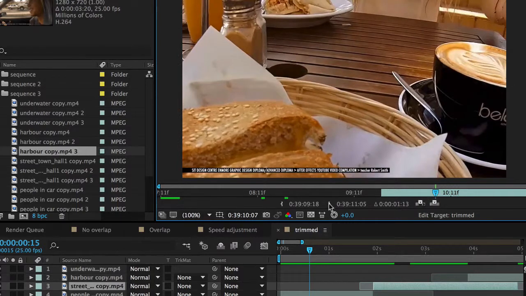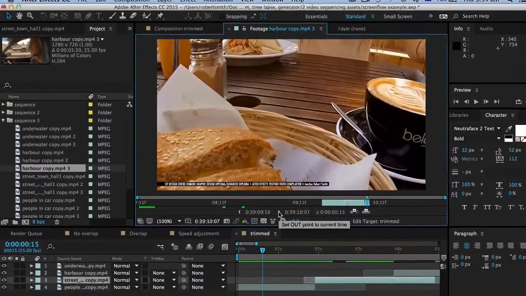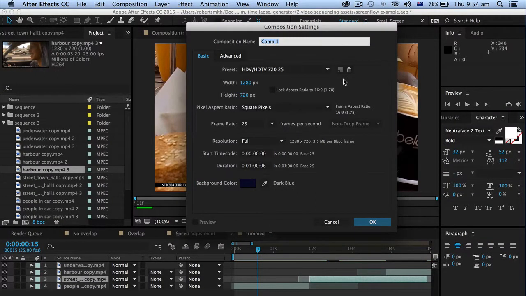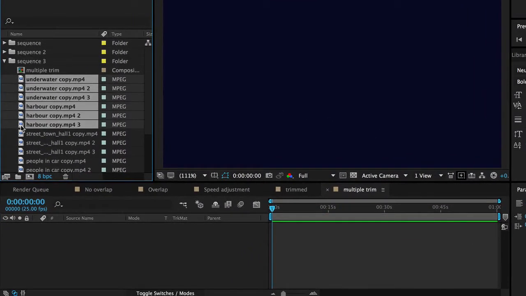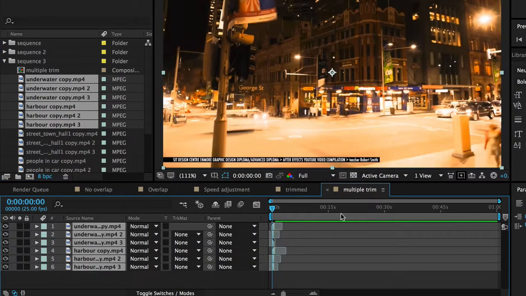Let's just use those 6 videos in a new composition and see what it looks like. Apple N for a new composition like this, and we'll call this multiple trim, like that, and OK. Now I'll just grab those first 6 movies and drag them down onto my timeline. As you can see, they don't take much time on the timeline, very little in fact,